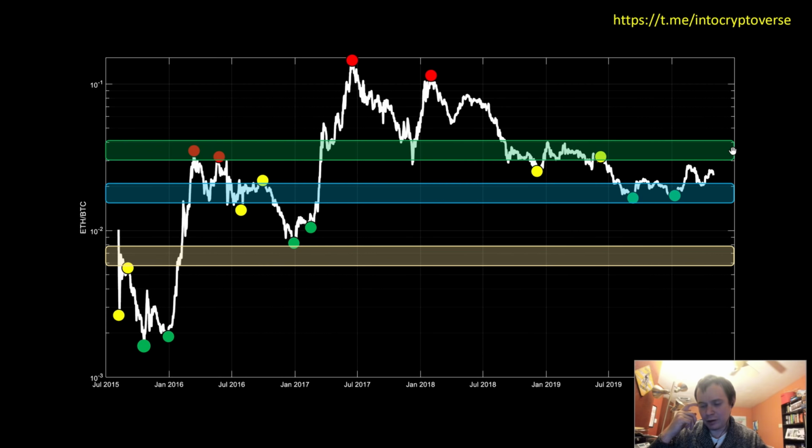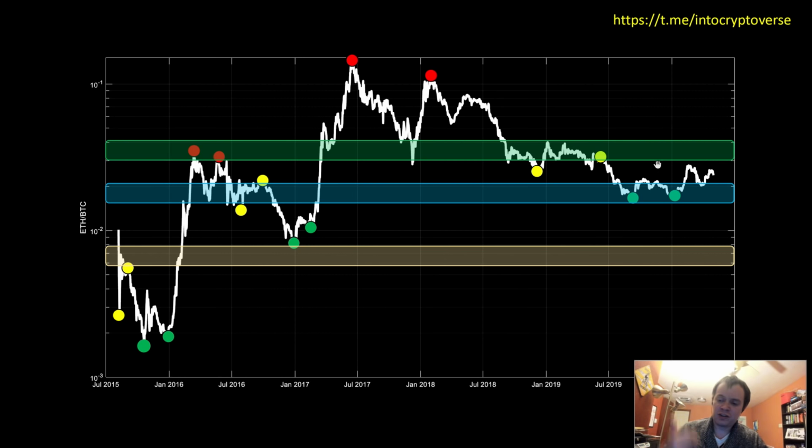Now, I don't think this is going to happen immediately. I don't think Ethereum is going to have a breakout that's going to look this expansive in the next few days. Obviously, the ratio could start gaining traction as long as Bitcoin stays above the 20-week. But I don't think we're going to see a move like this immediately, like tomorrow or the next day. We want to see Bitcoin maintain its confidence above the 20-week to say that, okay, we are in the beginning phases of a bull run.